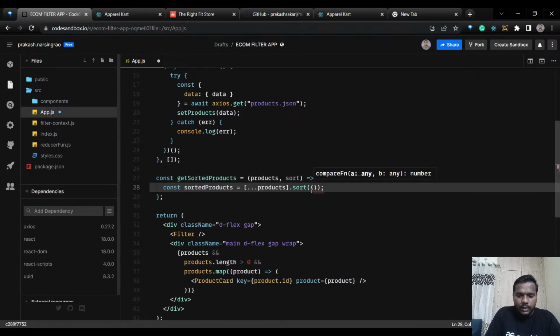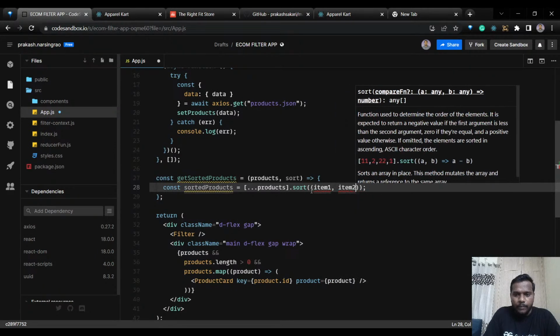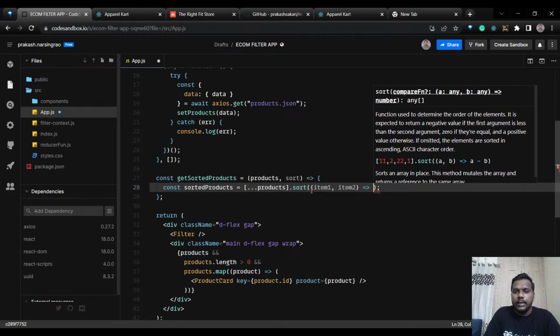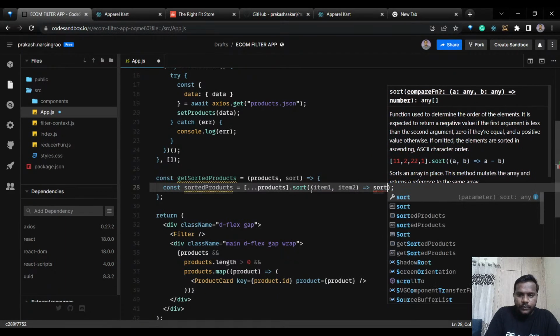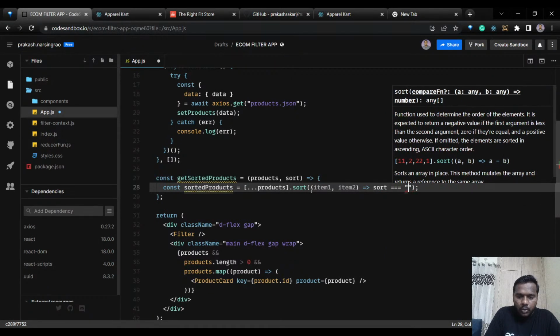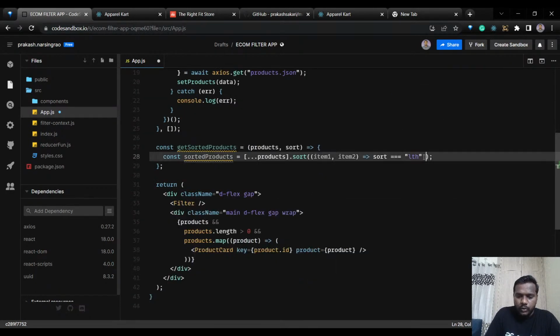Or we can make it better: item 1 comma item 2, product 1 comma product 2, whatever you feel is appropriate. Then I can write a condition: if the sort is equal to low to high, then what I have to do is